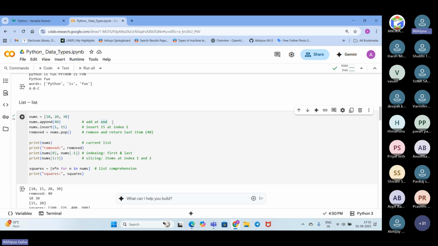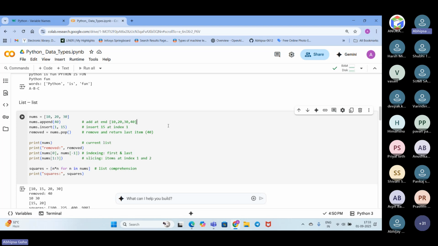So how will it be printed? It will be 10, comma 20, comma 30, comma 40. The number 40 will be added after 30. Okay, the next inbuilt function that we can use is insert.